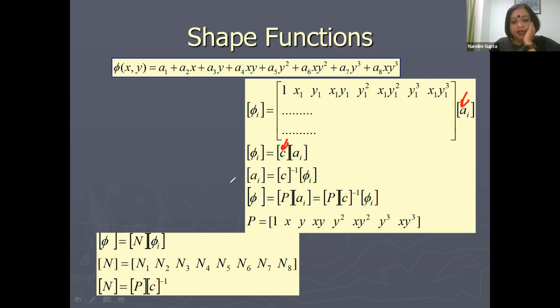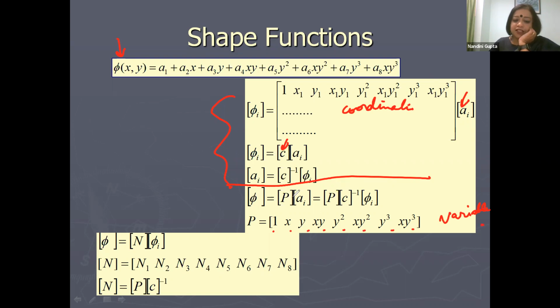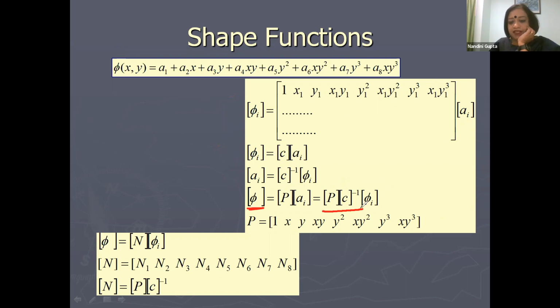Now, this comes from this above equation. Now, if you look at this, phi is written as P into AI, where P is 1, x, y, xy, y square, y cube. These are the variables, not the coordinates, right? So I can write phi as P into AI, and AI I have obtained as C inverse phi I. So once I write this, my phi is equal to P C inverse phi I, which is like N phi I,